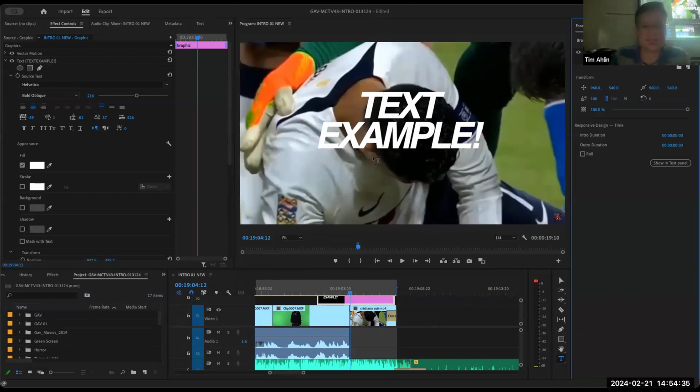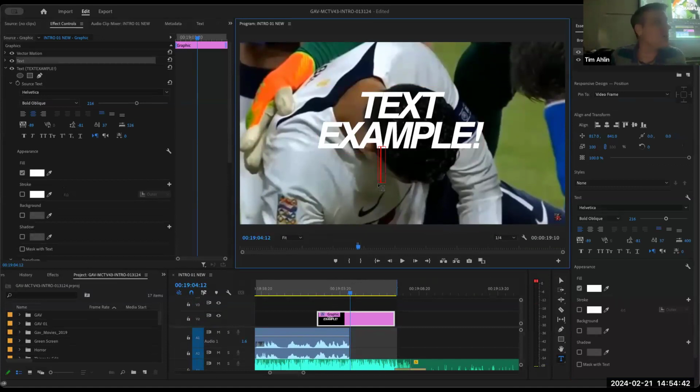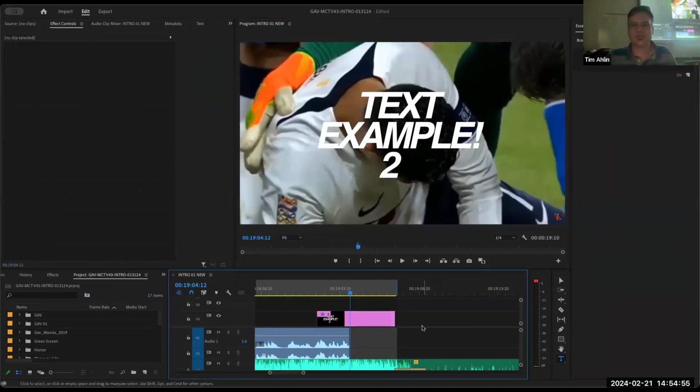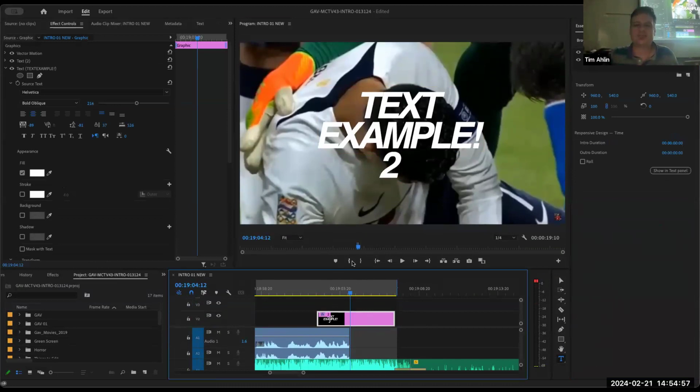If I have this text layer selected and I click anywhere in the text layer, it's going to give me another range of text inputs. So let's say I want to just draw 2. There's my 2, and it's on the same layer, but up here I actually have 2 separate adjustment layers.